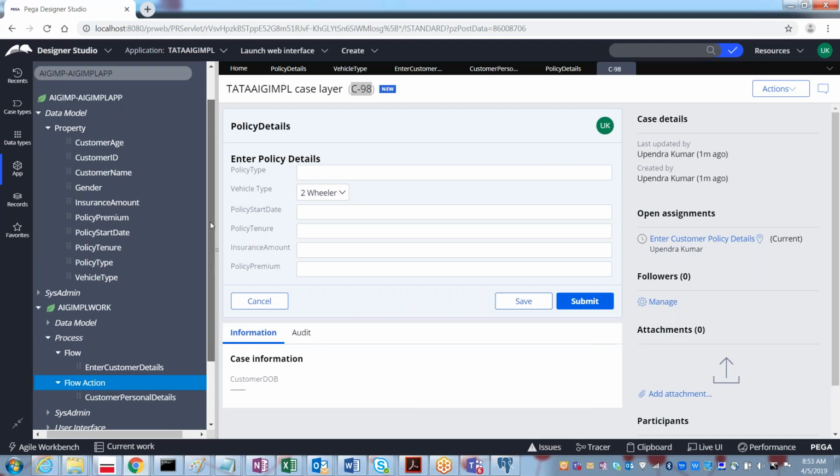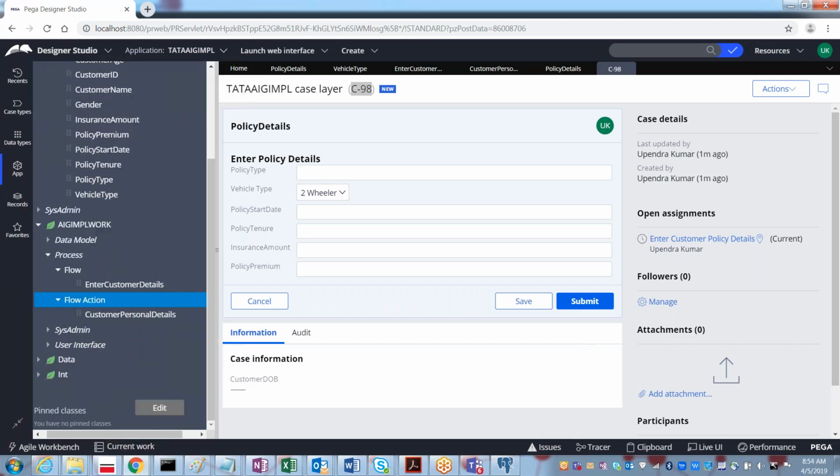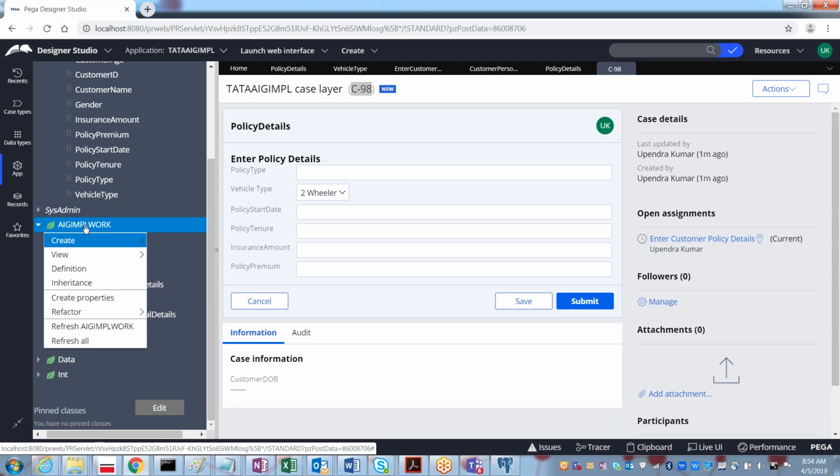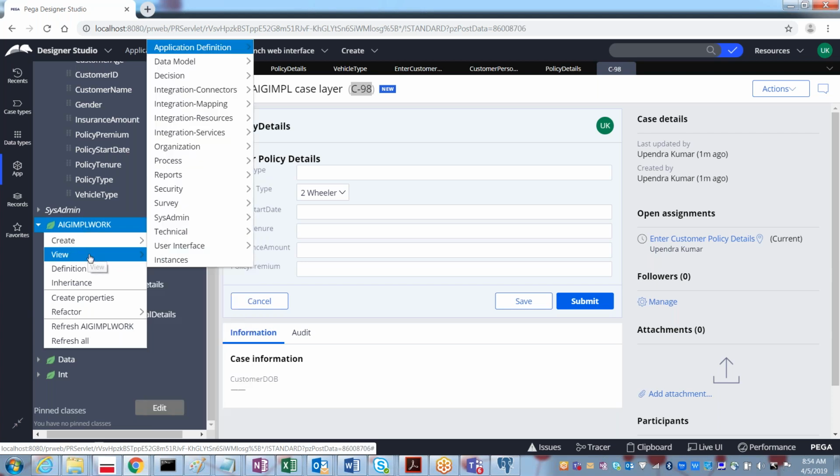How can we see this? As I said, work objects are instances of the work class. If you want to see all the instances of the work class, on the work class press the right mouse button, and here you will have something called view. Under the view you will have something called instances.